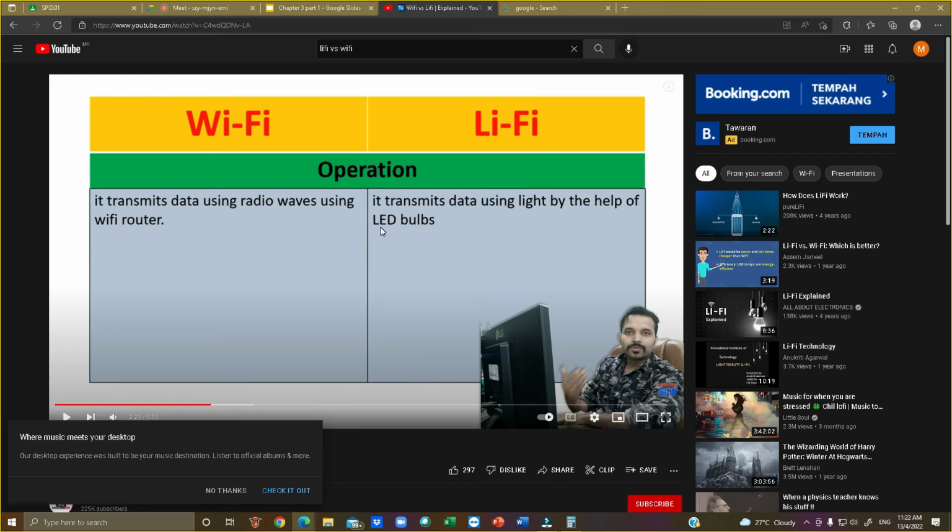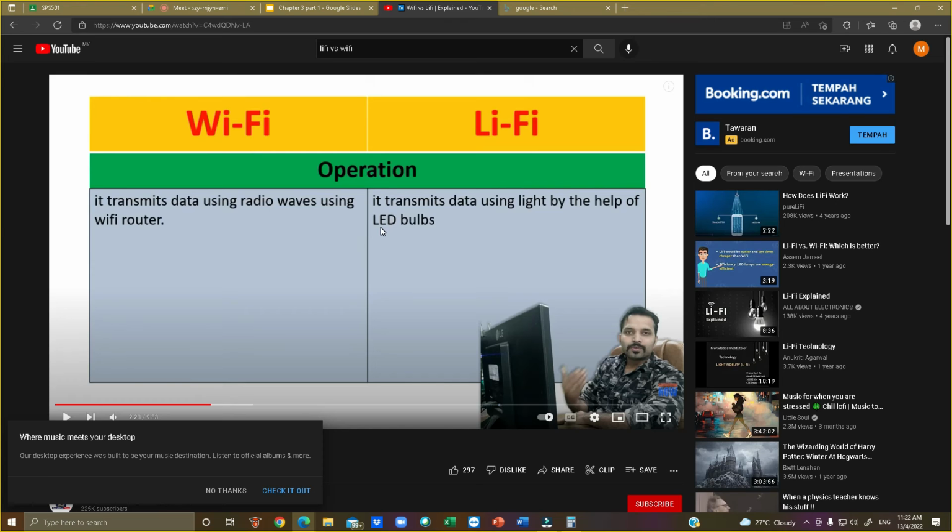Tapi if it goes to the wall and it bounce back, mean that the Li-Fi connection is only in that particular room. Jadi dia adalah shorter wave. And shorter wave, dia adalah dia panjang but not as long as Wi-Fi. Itu yang pertama. Compression rate dia tak tinggi sangat because it cannot penetrate. Compared to Wi-Fi, it has the ability to penetrate. Cuma since it is only in one confined space, it able to transfer much better.